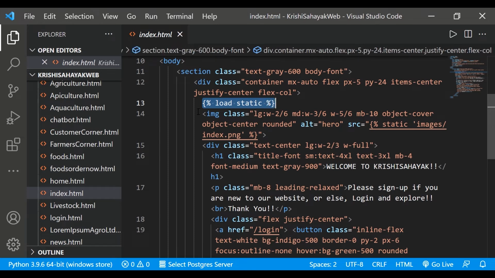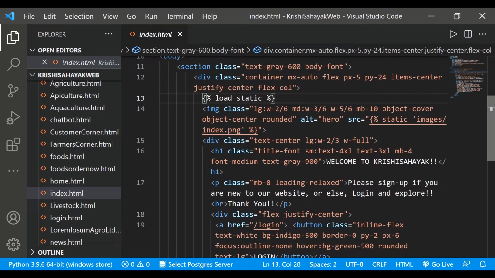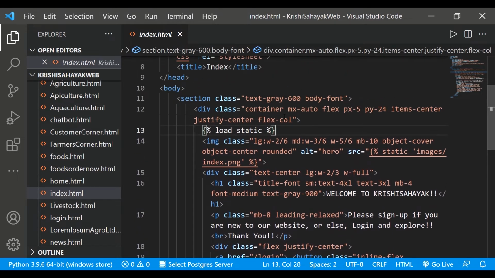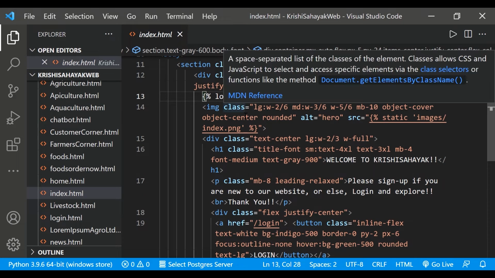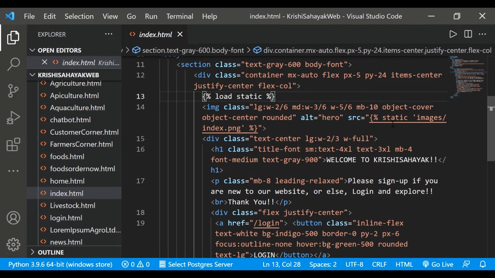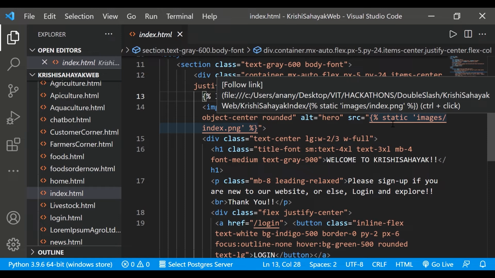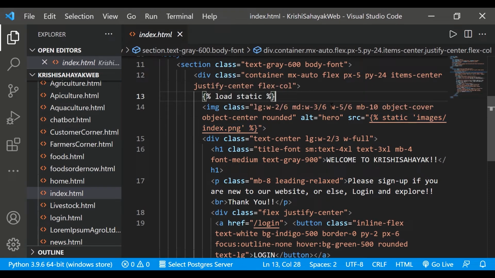Can you see this load static in between the percentage and the brackets? In Django, we have to use this Django templating language to connect the static files like CSS, images, etc. to the HTML files.